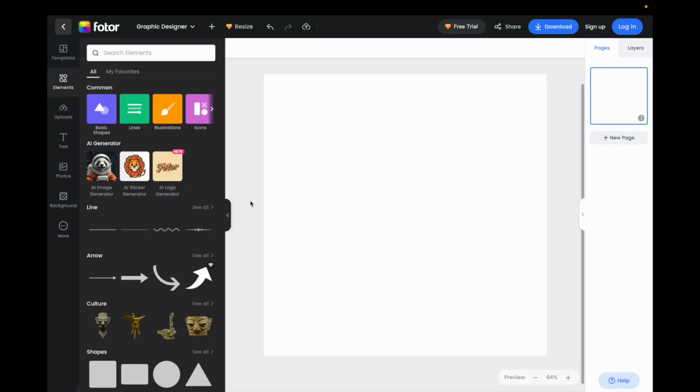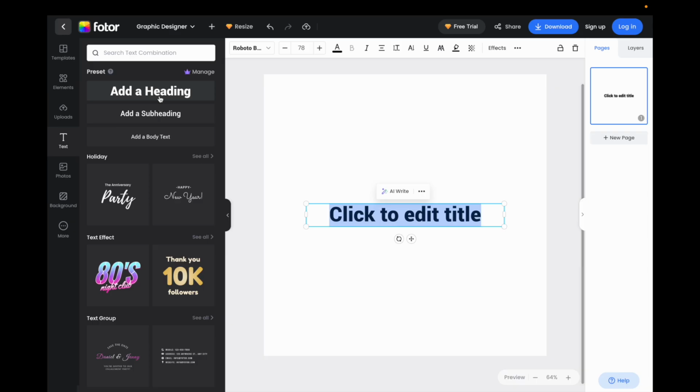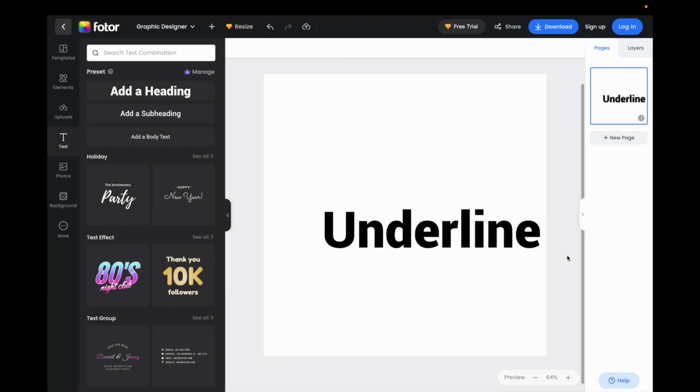So in this Fotor tutorial video, I'll be showing you guys how to underline text here on Fotor. Once Fotor is opened up, go to the left side, press Text, and I will just type in the word "underline", and I'll make it a little bit larger so it's easier to